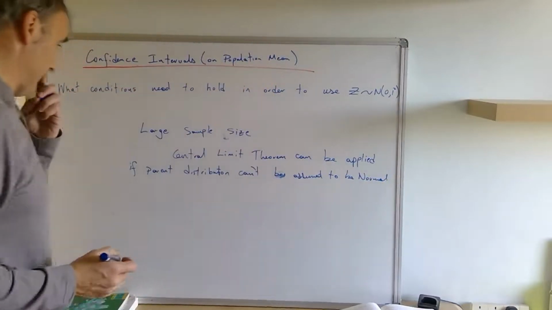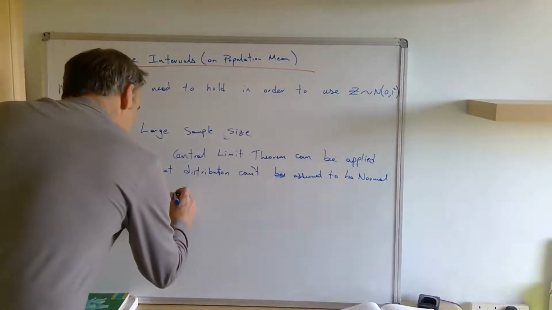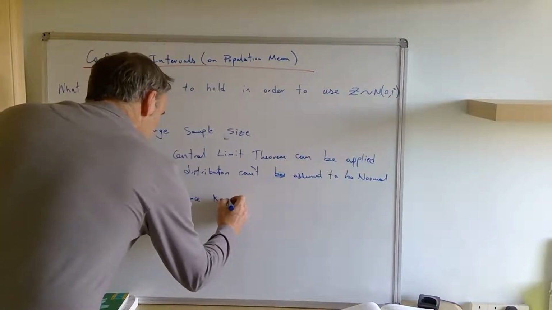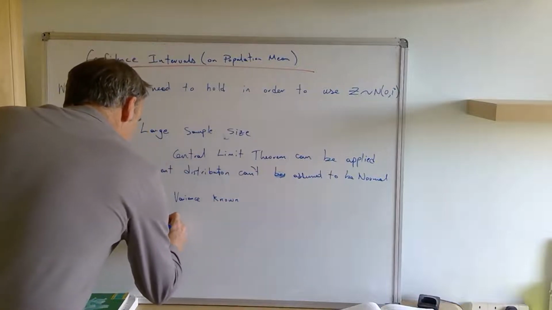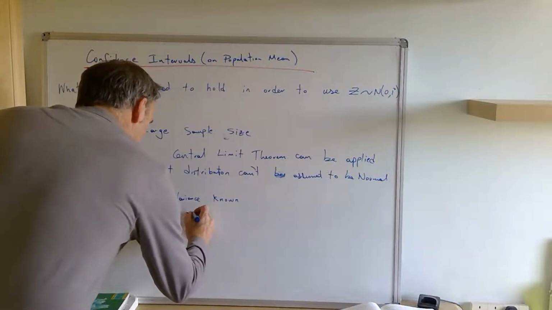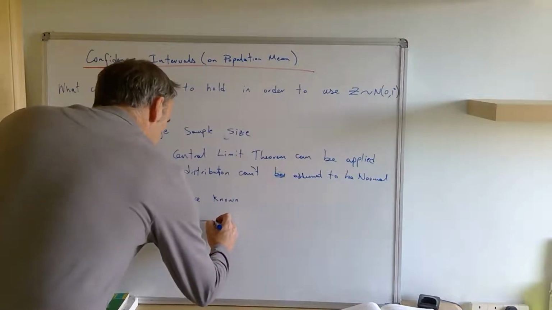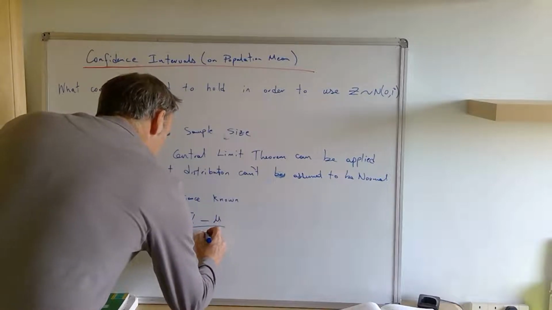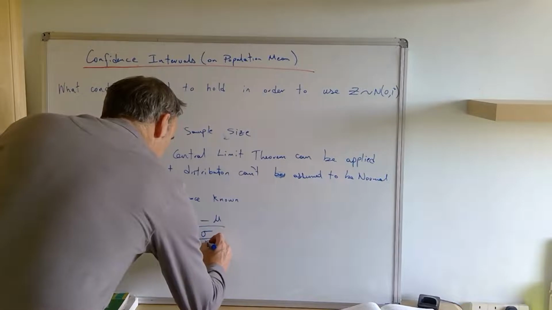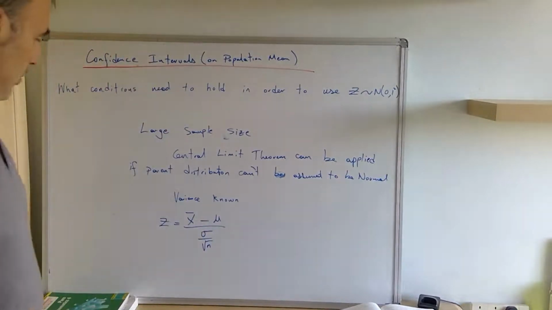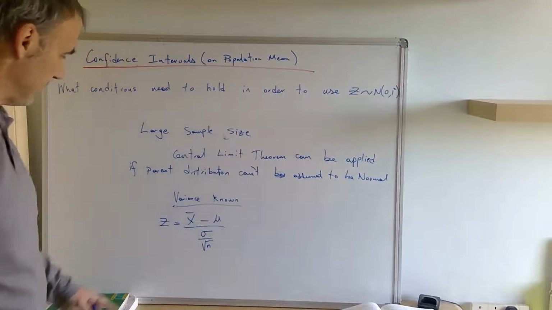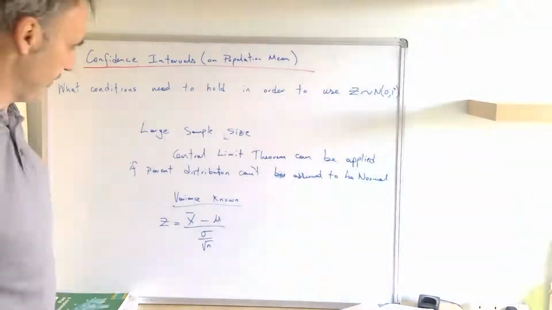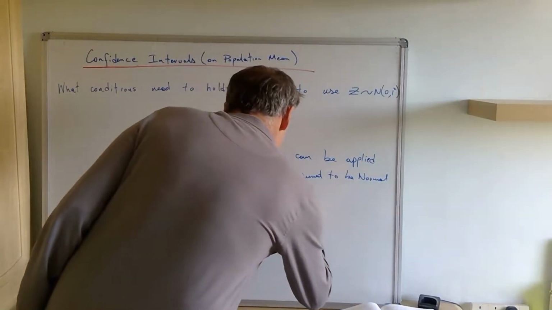I suppose we ought to draw a distinction between if the variance is known, then we're going to use Z is equal to our sample mean take away the mean, divided by the standard error. We've seen that before when doing hypothesis tests and various things. We use that and manipulate it and basically make mu the subject of the formula, but we'll come on to that. If the variance is unknown,